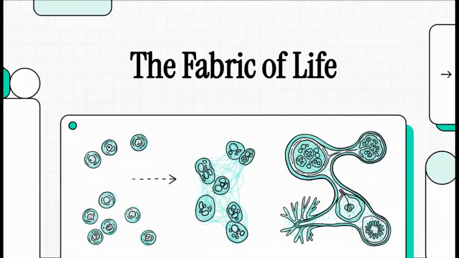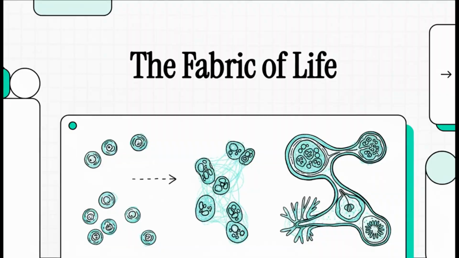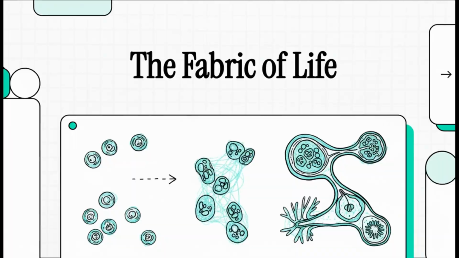And here's what's truly mind-blowing to me. All the incredible, staggering diversity of life you see on this planet, from the tiniest little piece of moss to a giant blue whale, all of it is built using just these two fundamental strategies. Just two basic blueprints are responsible for millions and millions of species. That's amazing. So if there's one thing to take away from all this, it's this.